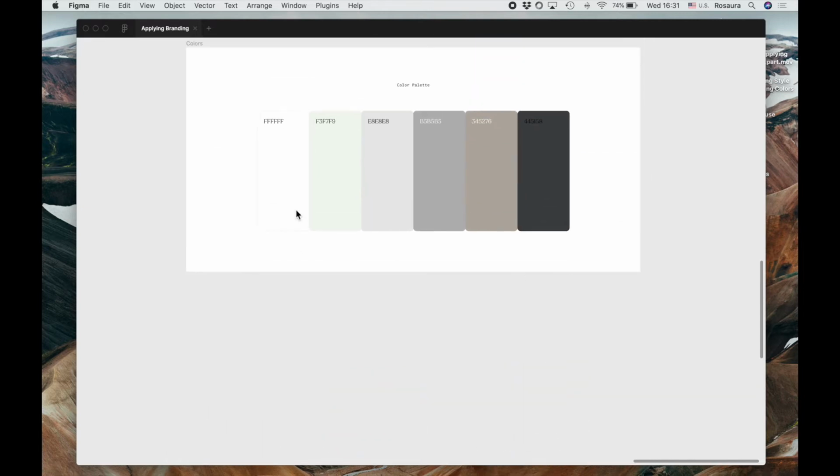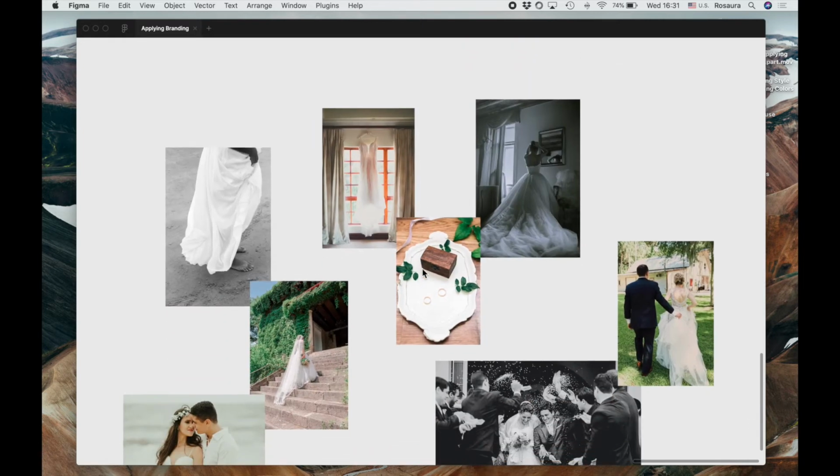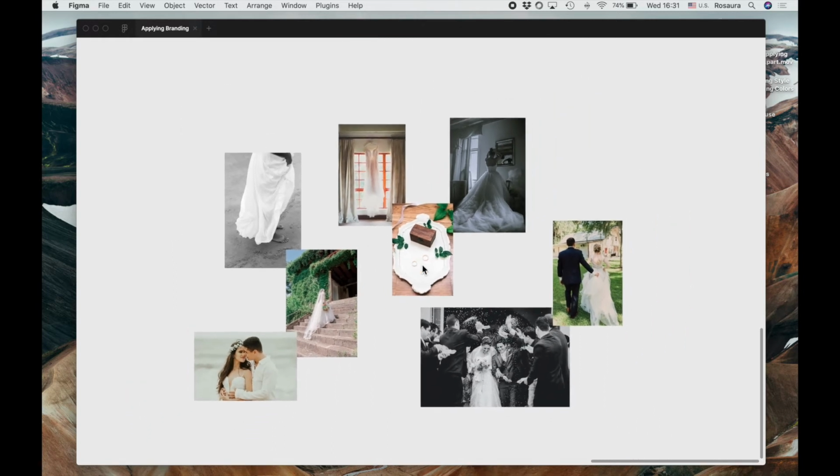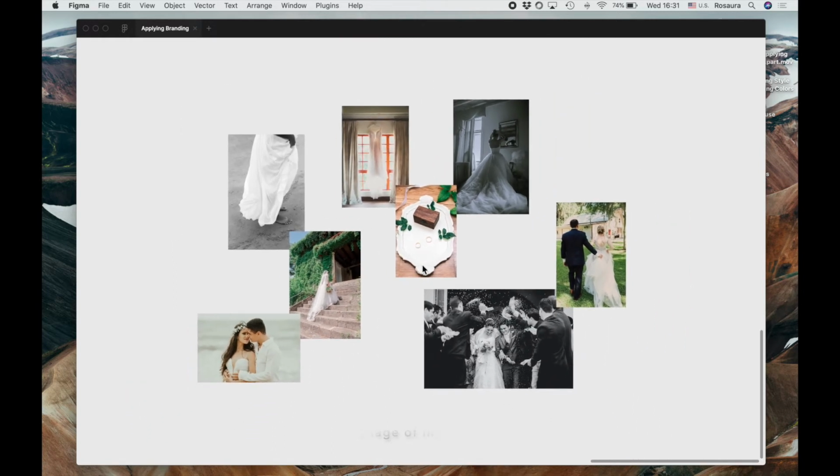But we are going to take them as a base, and on the way we are going to be tweaking them a little bit just to see how we can make cohesive these color palettes that we already have for our brand, and how it actually has to be looking nice in the website, always making emphasis on the imagery that we have there. So in this example, I'm just going to take David's photography example, gather some imagery from